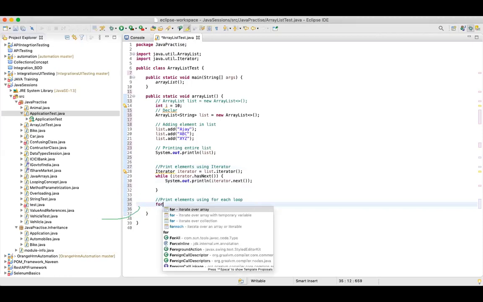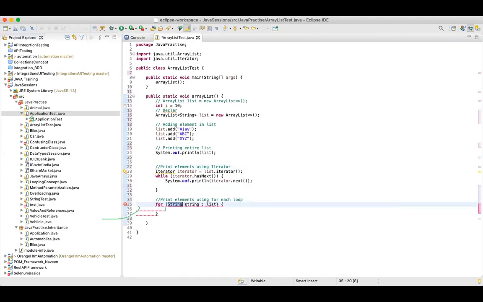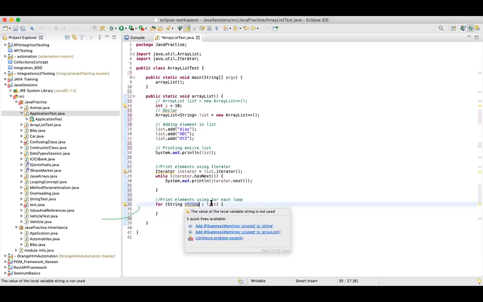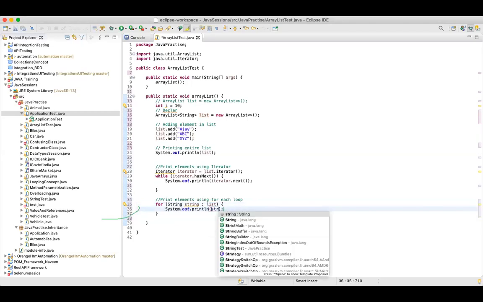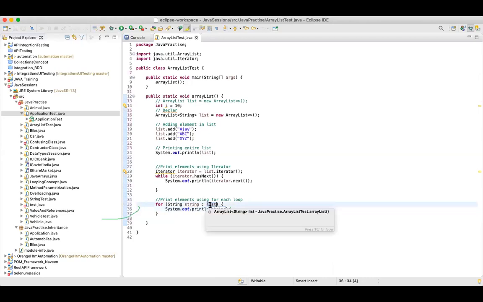Now when I say for each, in the last, if you see for each, we are declaring a variable string, and the data type of this is string because we have all the elements of string in this particular list. Okay, when you have the data type of this list as an integer, you can use integer over here and you can define a variable. So what I'm trying to say is, for each element in this list, store the element in string and then I'll just print string.